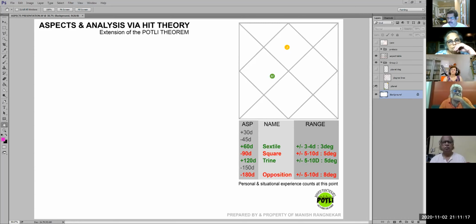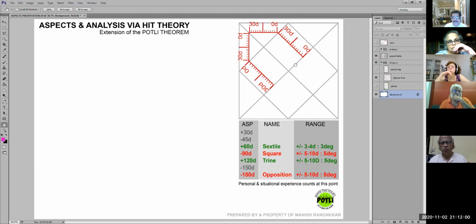For a minute now, I will hide this and put this on. What I've done over here is I've put a scale, which is in a way hypothetical, but it will make you understand better. If you remember, each house is worth how many degrees? 30 degrees. So let us say, for discussion's sake, your cusp or your house starts at 0 degrees. It will travel through and become 30 degrees here. Then it goes to the next one, travels 30 degrees, then 30 degrees, then 30 degrees. So basically, in each house, that planet will be traveling through 30 degrees.